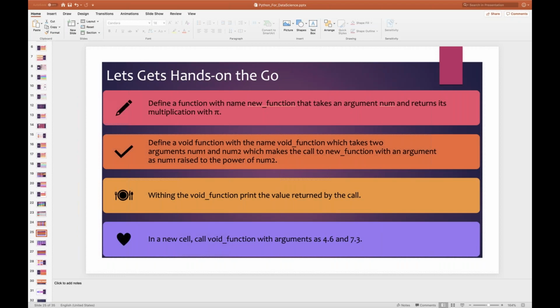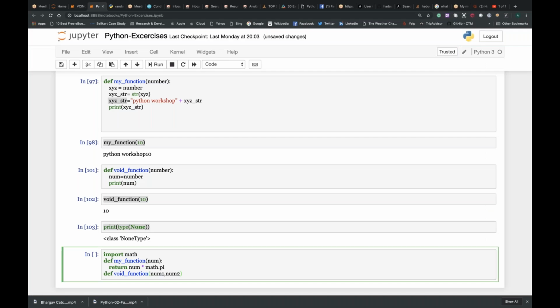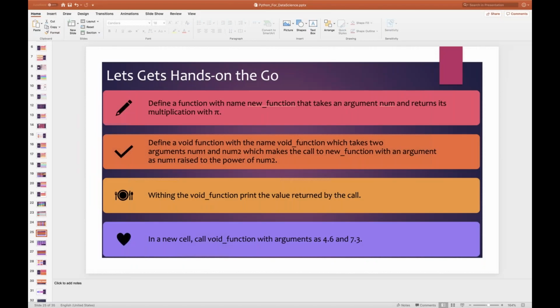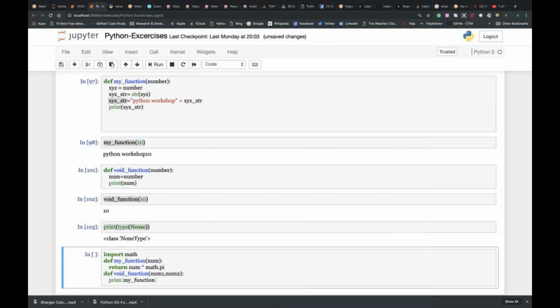So here I have to call my earlier function, which is my_function, and in this my_function the parameter should be num1 raised to the power of num2. So I can say parenthesis open math.pow, and this will be implemented on num1, num2.